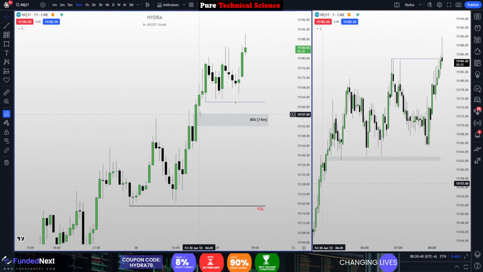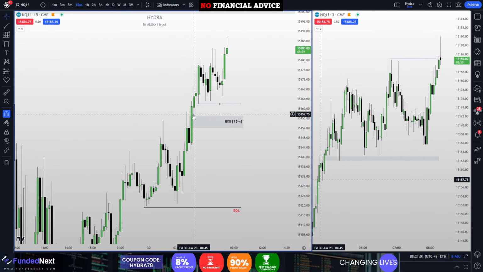and I can be done without feeling emotional. Yes, I do see price reaching all the way down here, but this is my low hanging fruit. And on the 5-minute chart, does this level make sense to you? Yeah, on the 15-minute, there's a fair value gap, only a fair value gap, and there's a bullish order block down